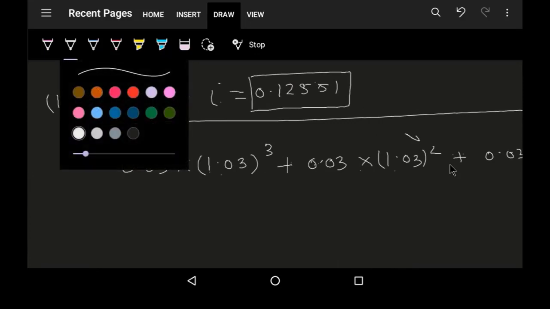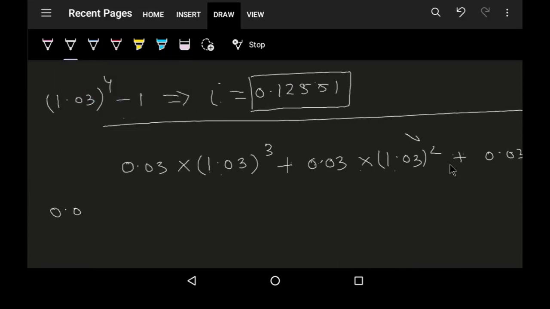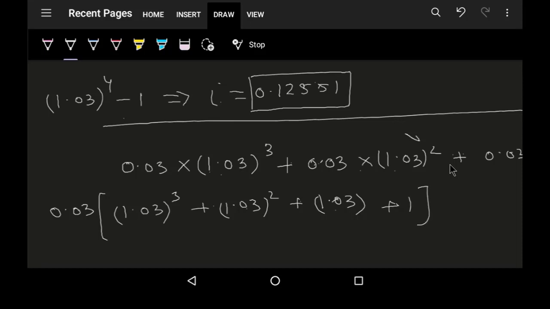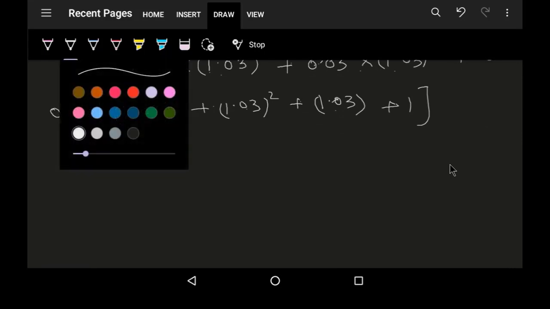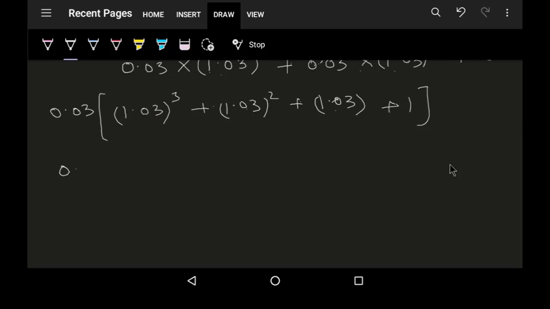Now I will take this 0.03 common, so I get 1.03 to the power 3 plus 1.03 squared plus 1.03 plus 1. If I solve this amount, I will get 0.03 times